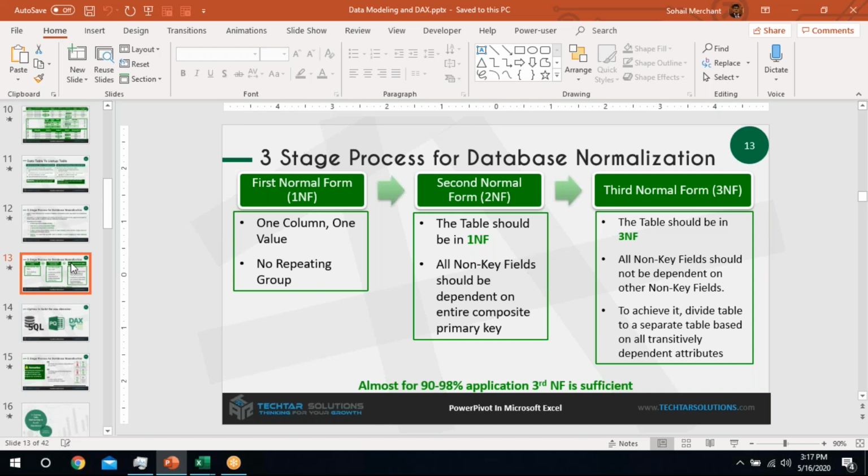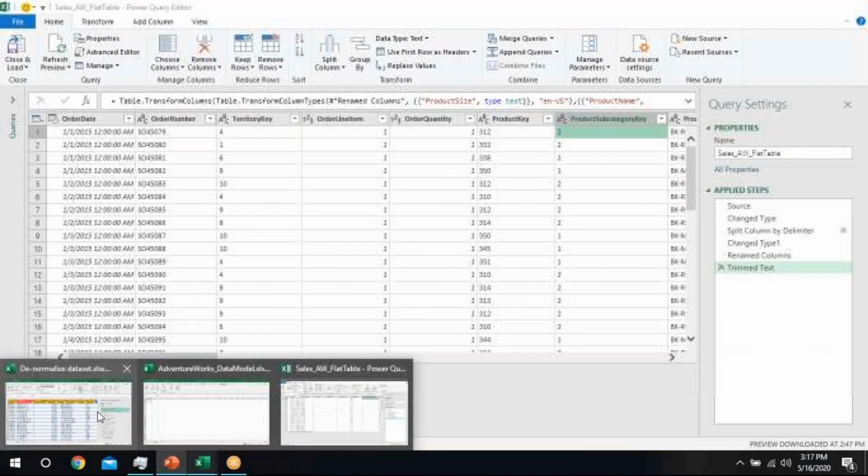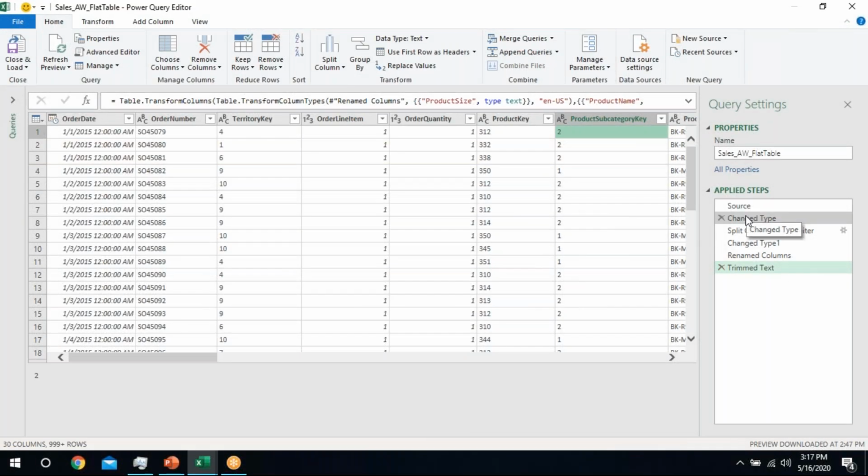The first form, the initial step, is one column, one value. Second is no repeating group. So let's see. The order date column contains information about the order date. That's good.